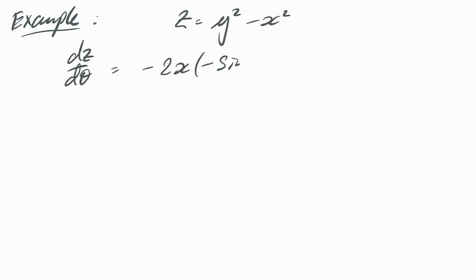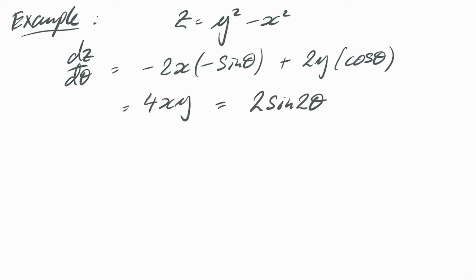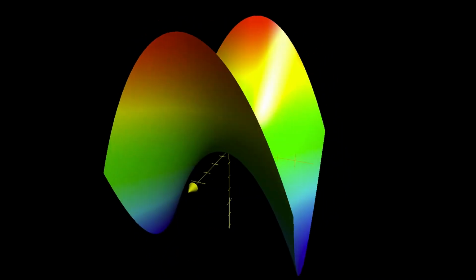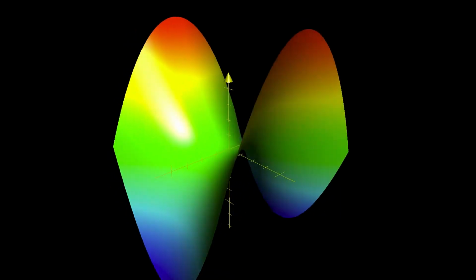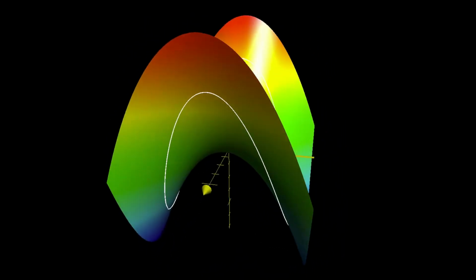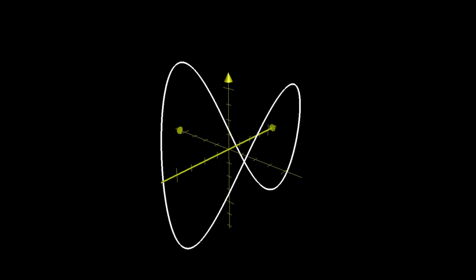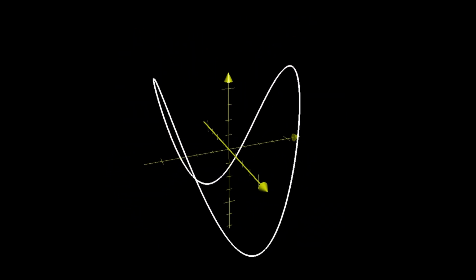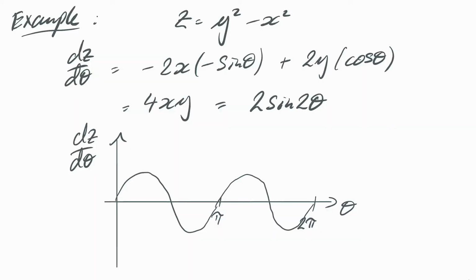Let's try for the hyperbolic case. So this is equal to 4xy, it's definitely not 0, and this becomes 2 sine 2 theta. So as we move around the circle on this hyperbolic paraboloid, we have a change in the height. As we go one full revolution around the surface, the change in z goes through 2 cycles of the sine